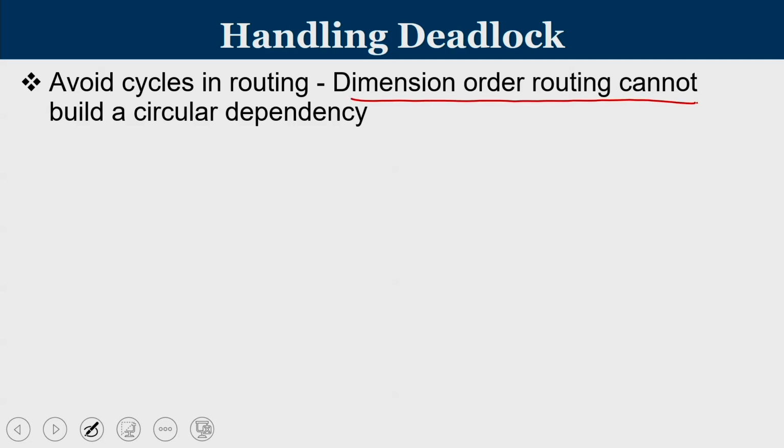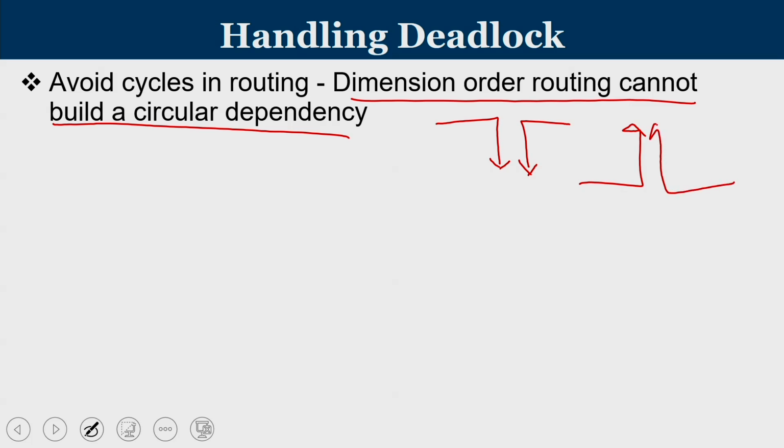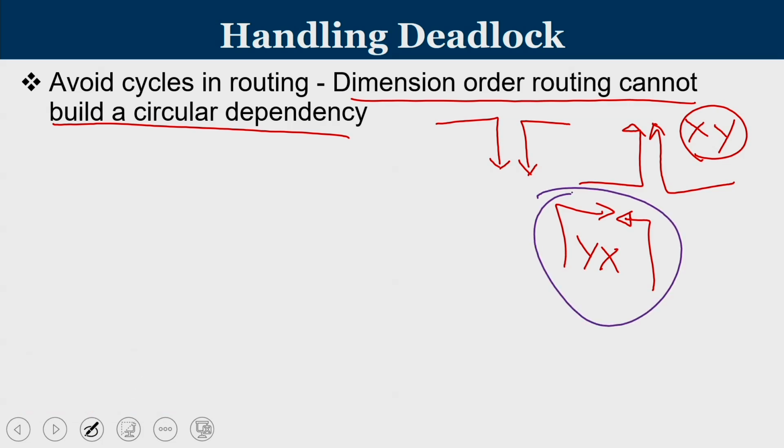In the case of a dimension order routing like XY routing, there is no cyclic dependency or circular dependency, because in the case of dimension order routing, packets will take only this path, travel in x direction and then take a y direction. With these kind of permitted turns, you will never get a cycle. You will never have a scenario where you do movements like this, because these are all y-x transition. So, when I implement XY routing in all the routers, all of them are following XY routing, you will never get a case where these kind of movements happen.